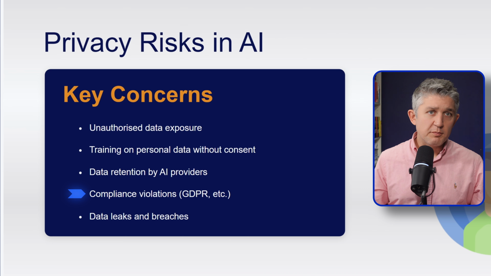Number 4, GDPR and sector compliance. It's easy to stray: unclear notices, automated decisions without humans, or cross-border transfers with weak safeguards. On the practical side, you need to maintain a record of how the data is being used. Keep a human in the loop for impactful decisions, and be ready for access and deletion requests.